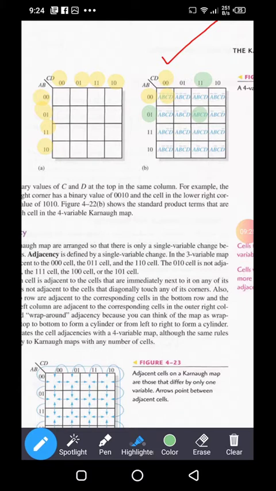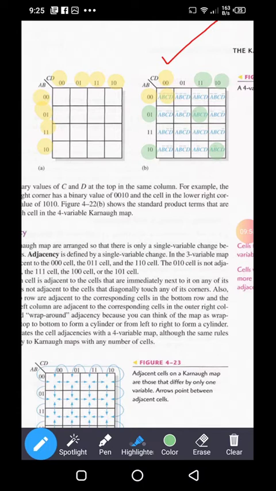Now, if I give you the example of this one, what is the value for this cell? The value for this cell is 1 0 1 0.